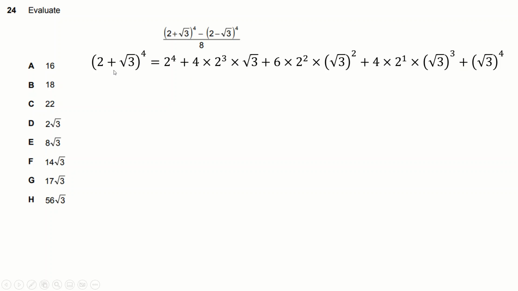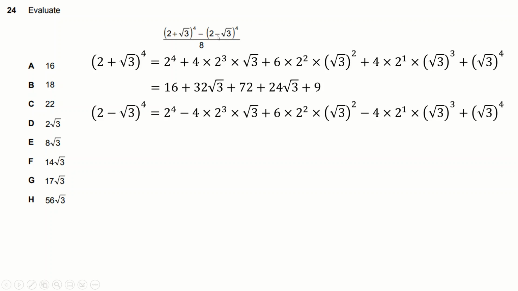And you have 3 copies of the 2 here, and then 1 of the root 3, and then 2 copies, and then 2 copies, and then 1, and then 3, and then 4. You sort this all out. Root 3, of course, squared is 3. Root 3 cubed is 3 root 3. Root 3 to the 4 is 9. You get all this. The other one is basically the same,